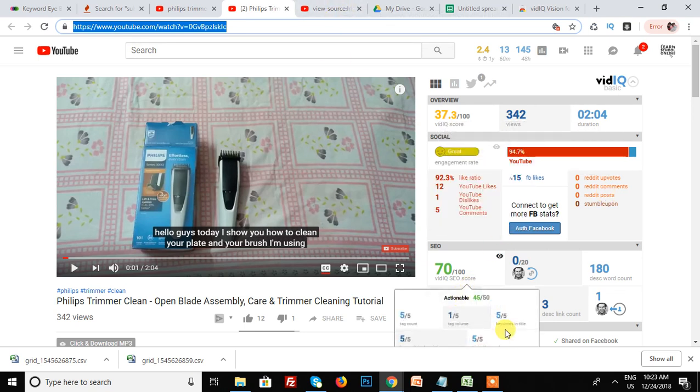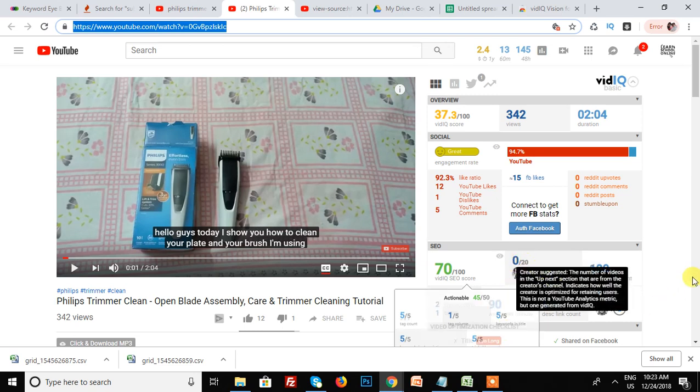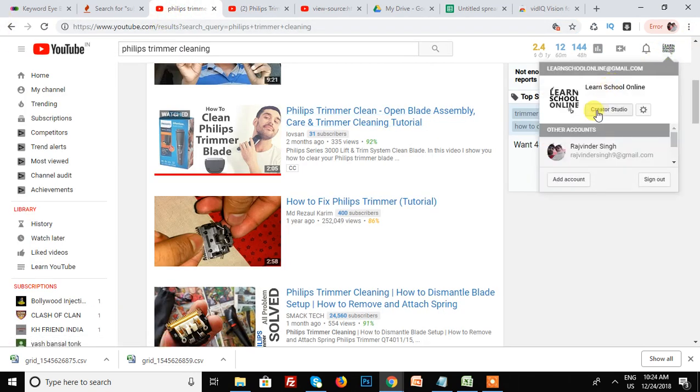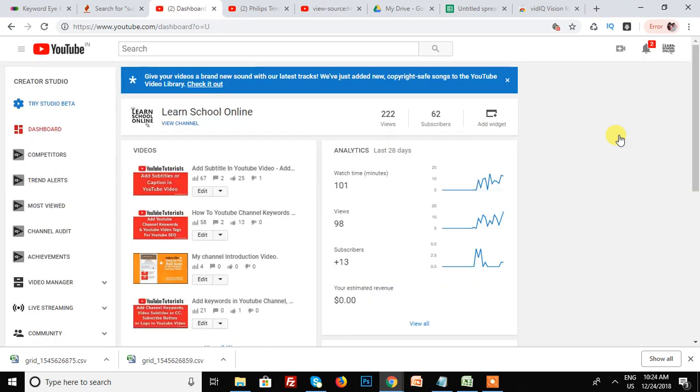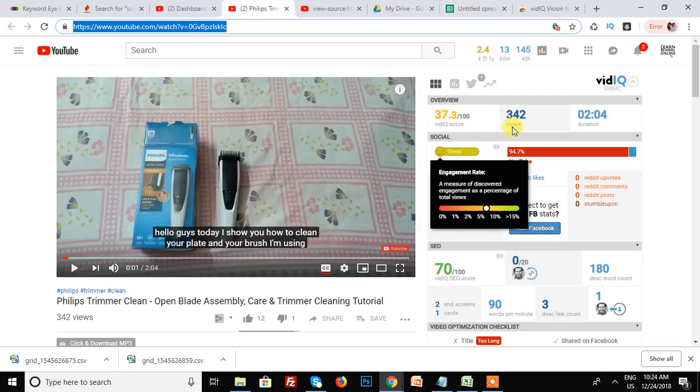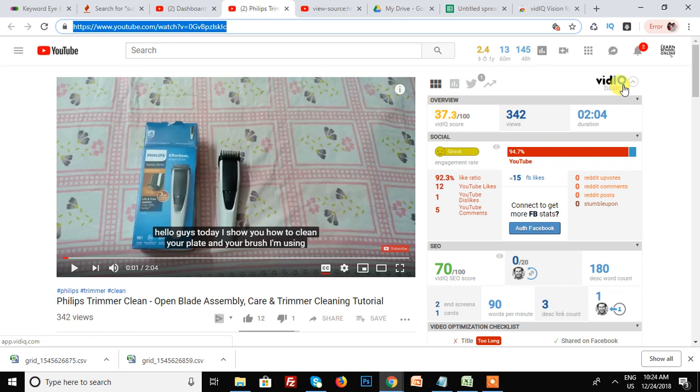So today we learned how to add keyword tags in a YouTube video. Basically, video keyword research is the task of finding words and phrases that people use to search on YouTube. YouTube is the most popular video website, so most keyword research for videos focuses on YouTube search. The great thing about autocomplete is that it only suggests popular keywords. One important thing in the video is the auto suggestion.